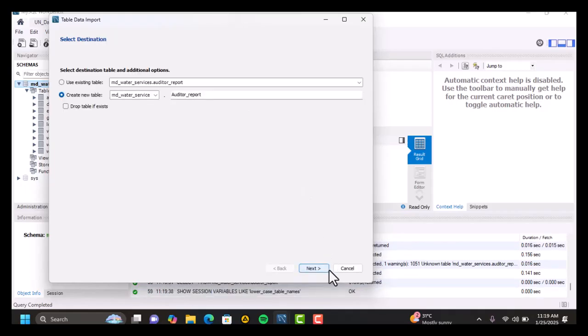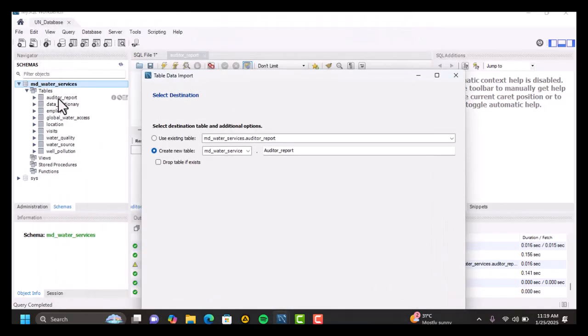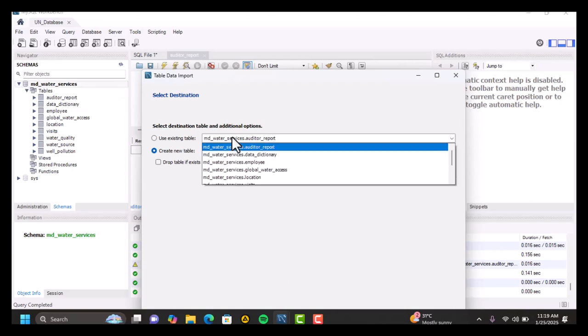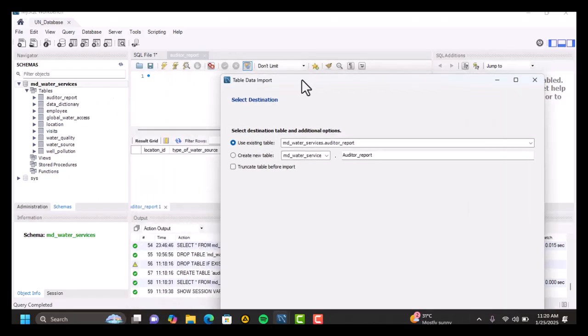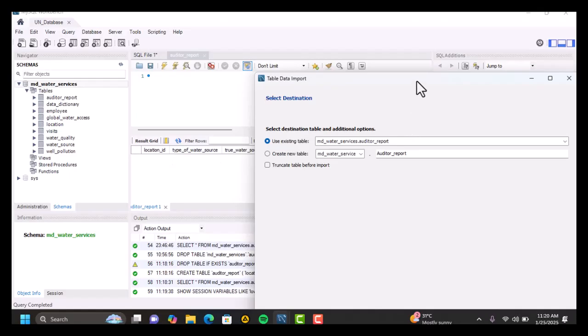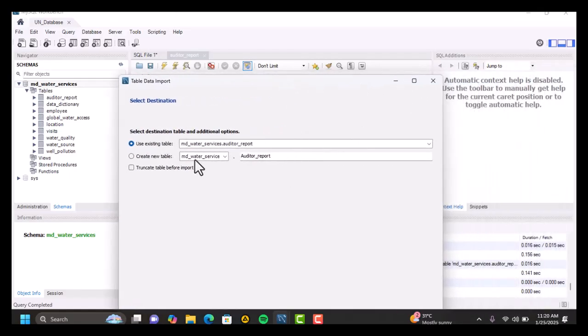Good. Now you know that we have already created auditor report. Now it says create new table auditor report. If it is creating new table auditor report, it will conflict with what we have. So we go to use existing table so that it will put everything inside this, because the columns we created are the same as what we have in the auditor report. So I select use existing table, then auditor report, then